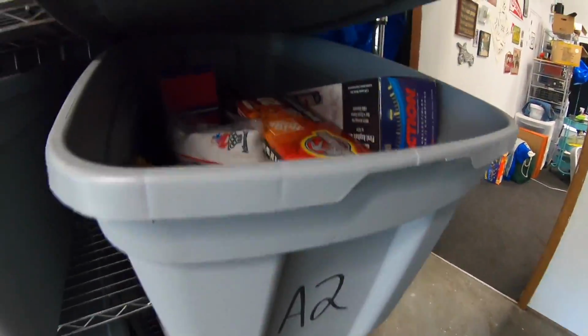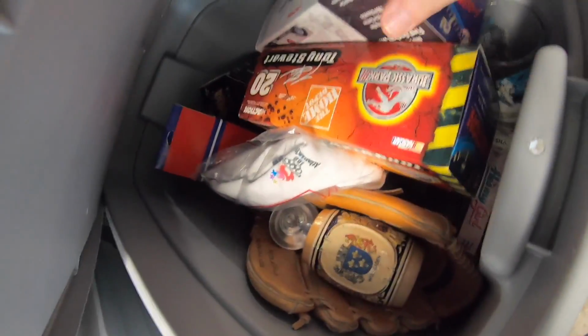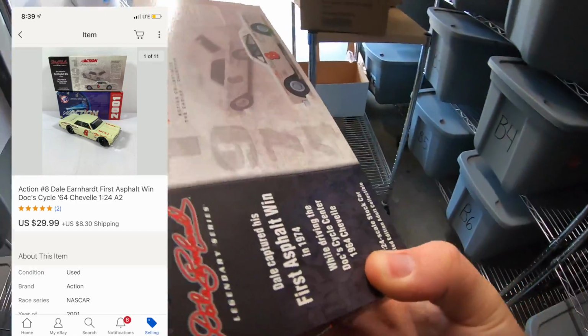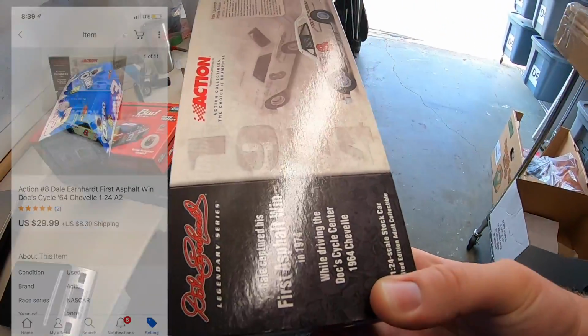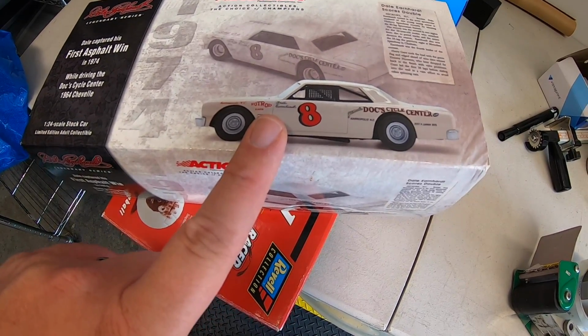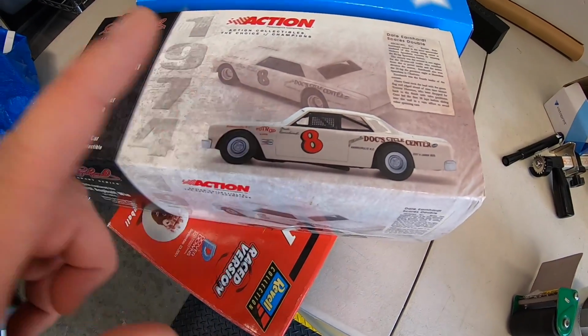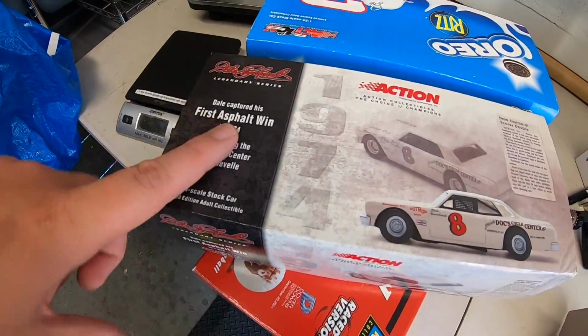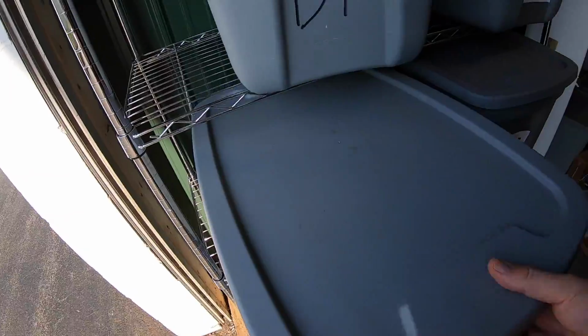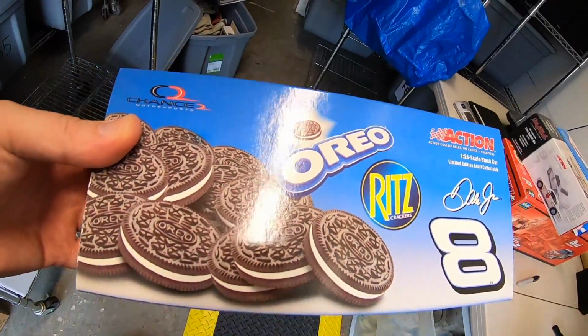Next one is a Dale Earnhardt Sr. number 8 here. This one sold for $29.99. This is cool. This is a 1964 Chevelle that he drove in 1974 to get his first asphalt win. And next one is another Oreo car, Dale Earnhardt Jr. This sold for